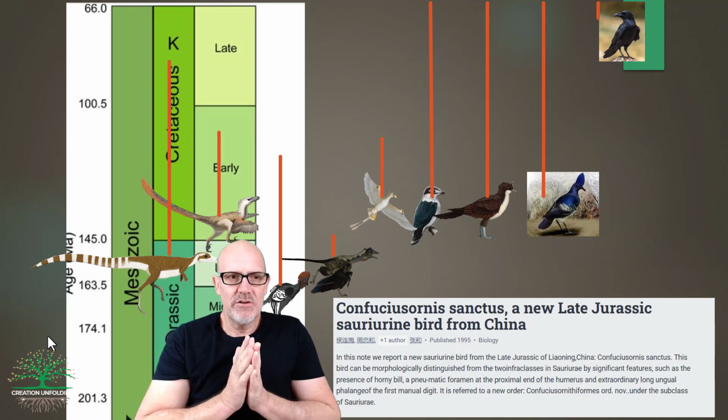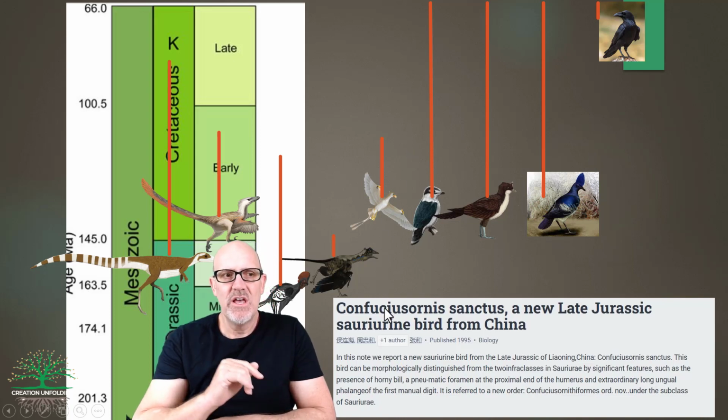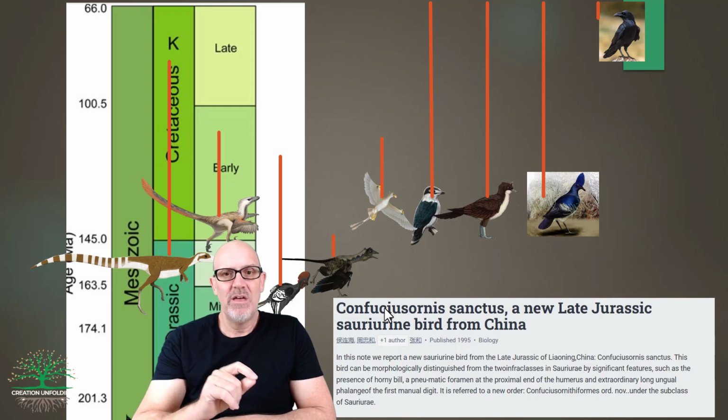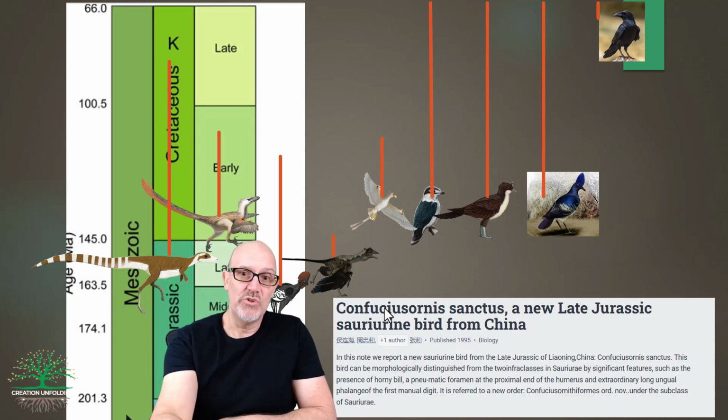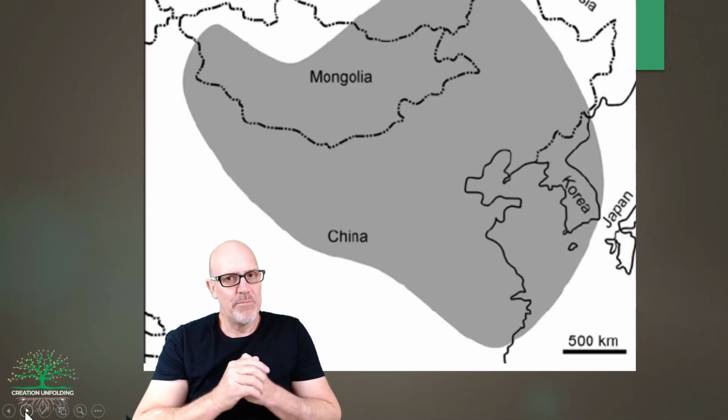And this is really, really interesting, and it opened a huge can of worms for me. It has to do with the dating of the Yixian Formation, in fact of the whole set of formations from where all of these fossil birds here came from. Confuciusornis came from the Yixian Formation, but back in the mid-90s, it was actually dated 20 million years older and was put into the late Jurassic, which is really interesting.